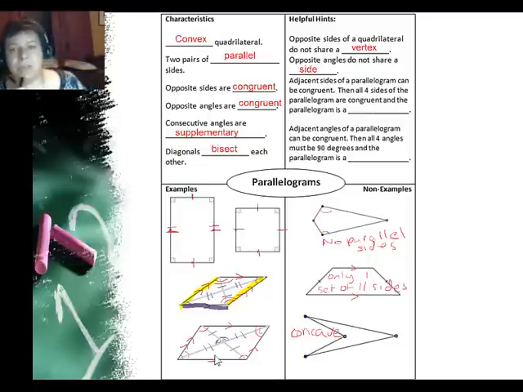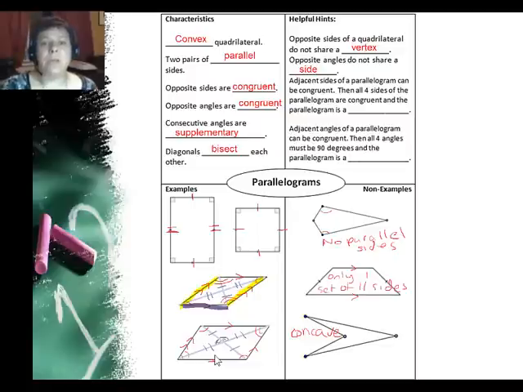Now here's an interesting thing. If adjacent sides of a parallelogram are congruent, so in other words, the side here and the side there, those are adjacent, they can be congruent. And when that happens, all four sides of the parallelogram are congruent. And that is given a special name. It's called a rhombus,